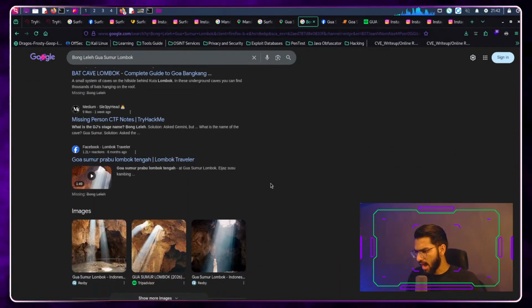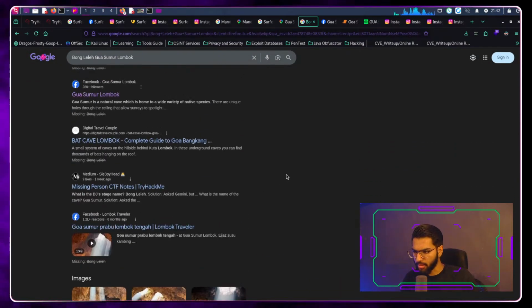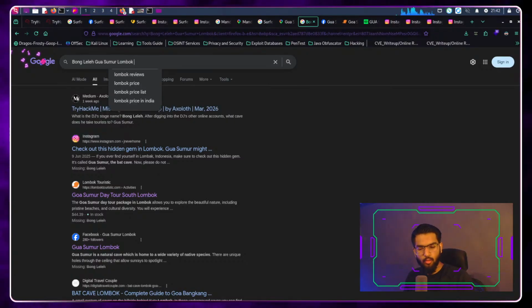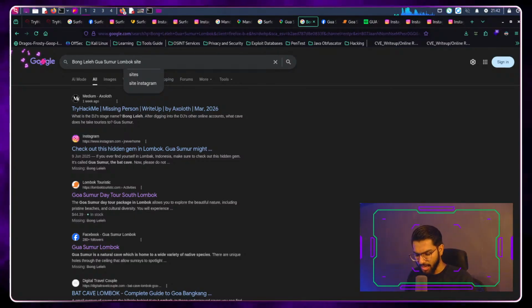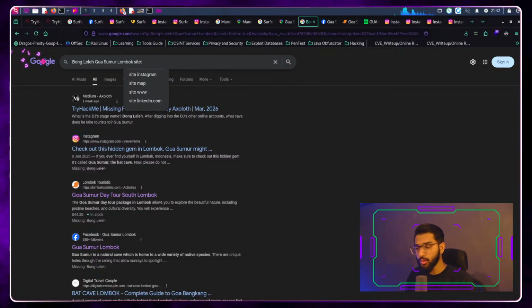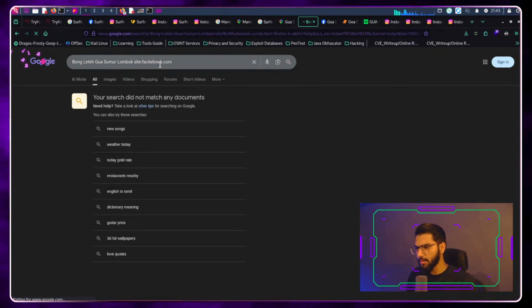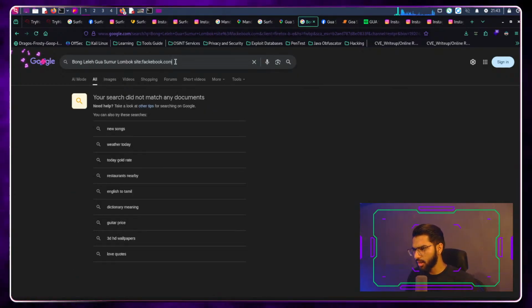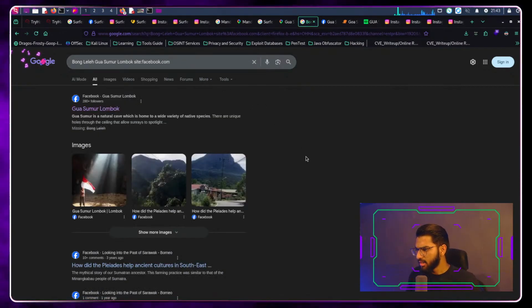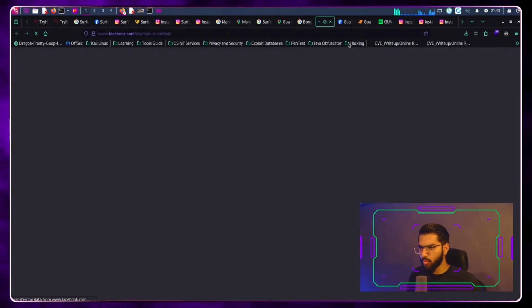What if I start using some search operators? Like, if I want to see results from a specific site, I can specify an operator called site and then pass in which site I actually want to see this from. If I give facebook.com and press enter, did not match. Okay, sorry for that. facebook.com, and here we get it. So we open this link. That's what is opened here.